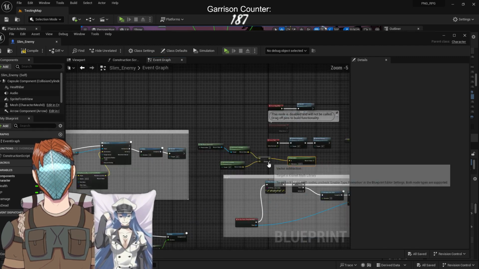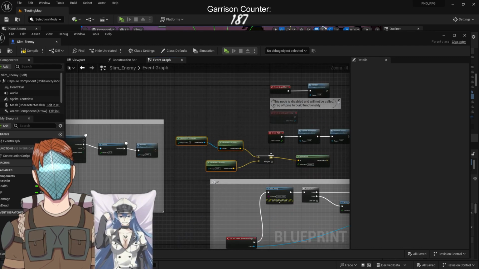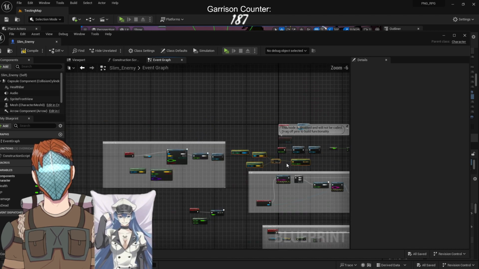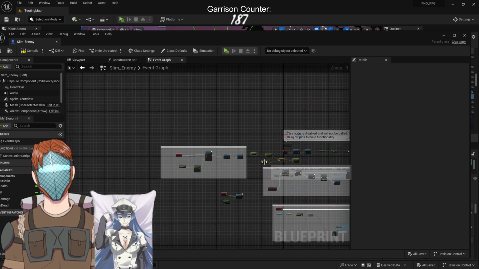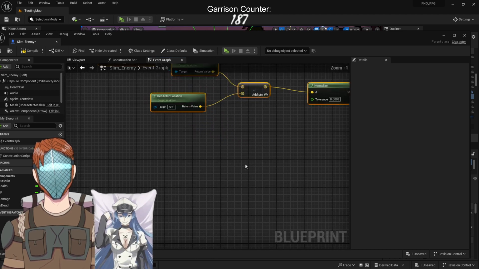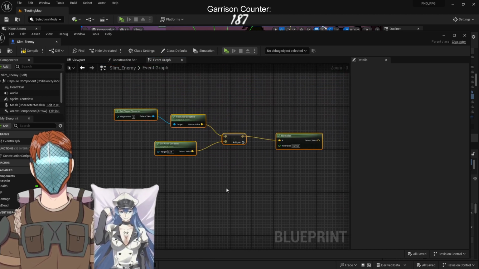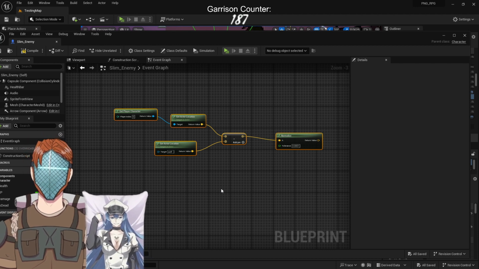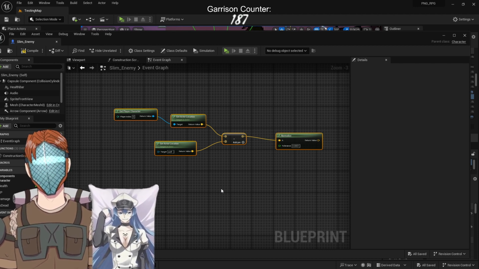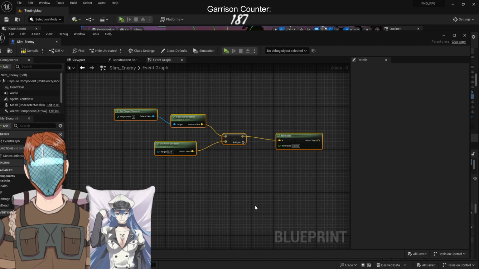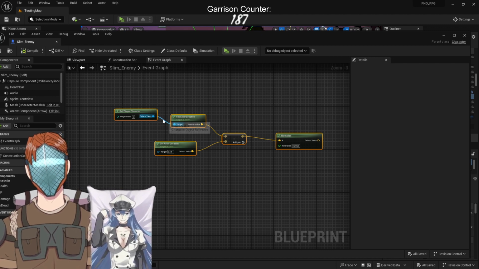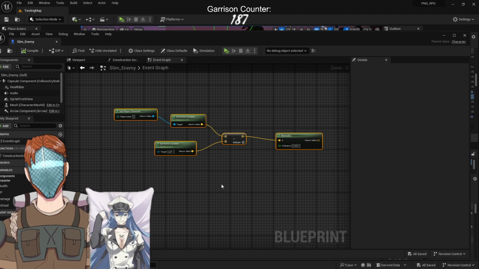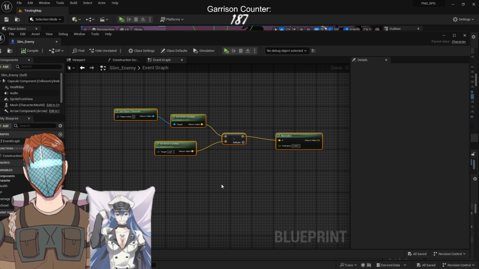Just so that you can see what I mean, I'm going to drag off event tick and look for print string and connect this into here. Then, to help showcase this example, go over to the viewport and go add and look for an arrow, and for the details, look for hidden in game and leave this unchecked. Now I'll compile and save, close this and go play. So when I'm in front of the enemy, we can see the value in